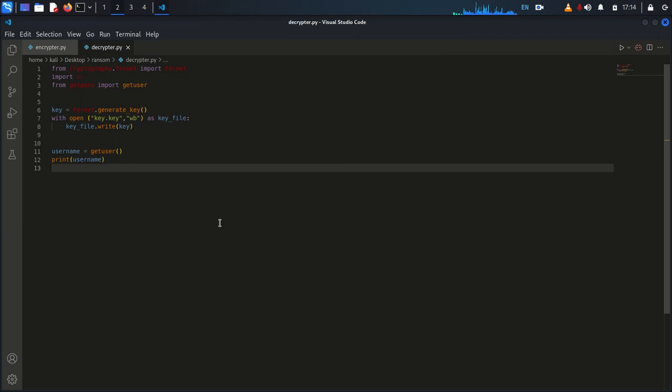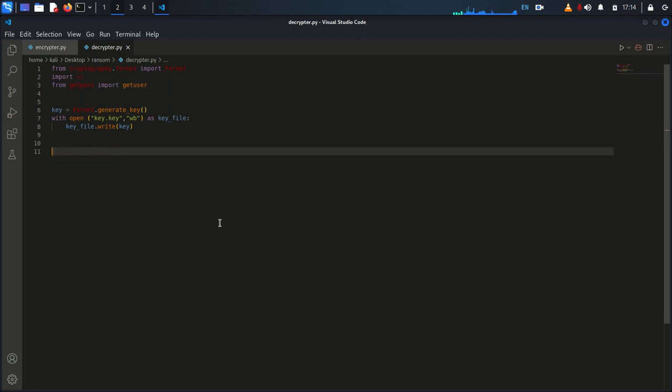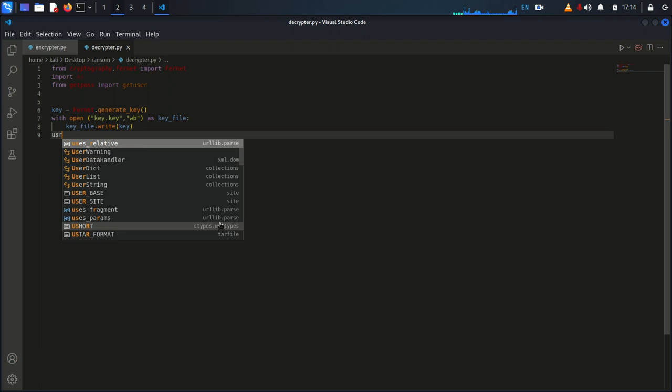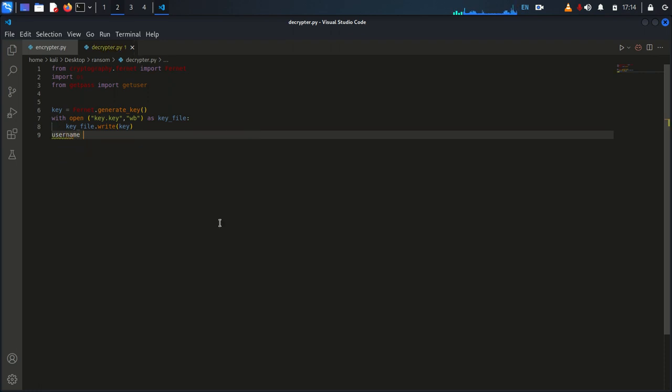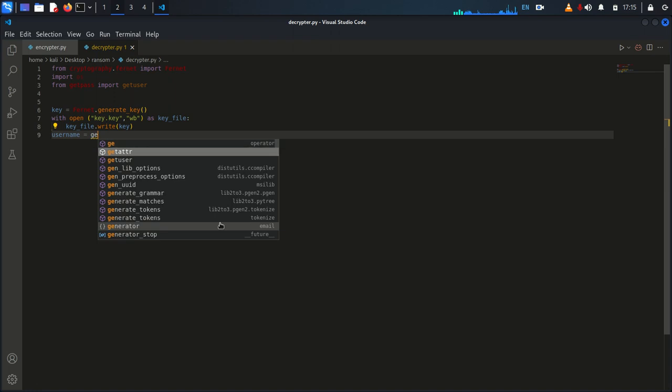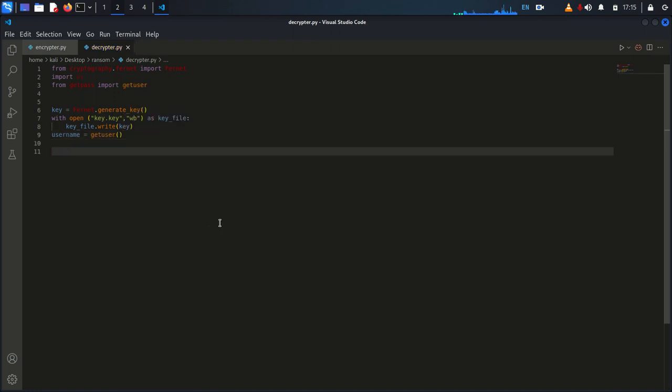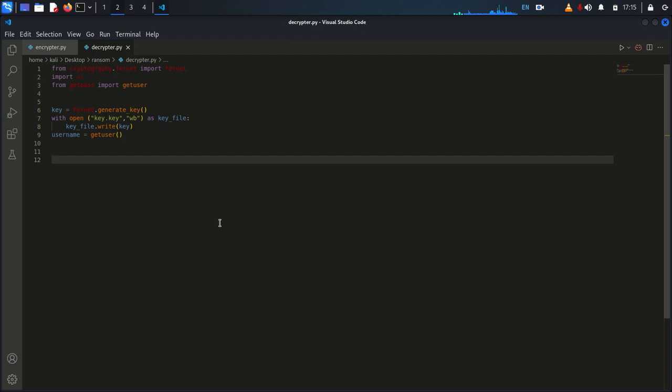Even though I will be running this on my Kali Linux machine, the reason you need to get the username is because in Windows you will have to specify the path, and I will show you the path I'm talking about. So before we start, let me get the username, username equals getpass.getuser. With those four lines we are able to produce the key, and we are also able to get our username, which is perfect. So let's go ahead and search for all the files on our desktop